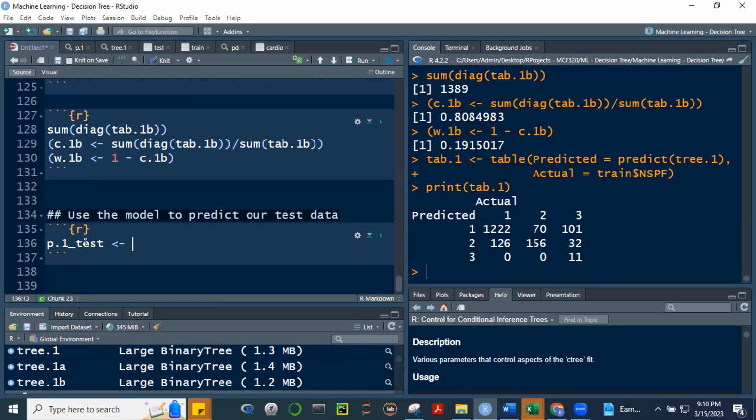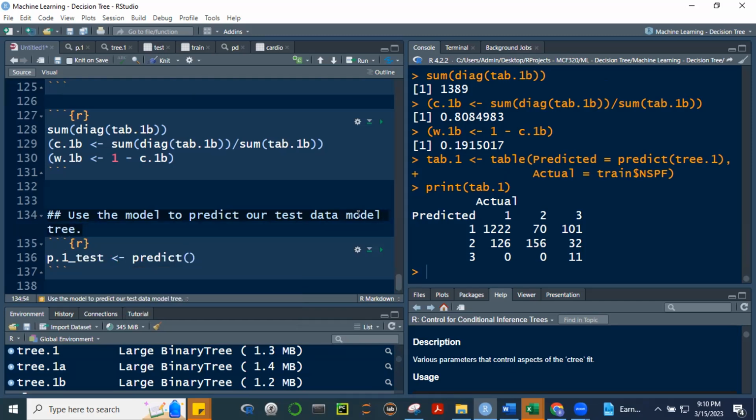And let's predict, anong model ang gagamitin natin? Model 3.1, no? Okay. 3.1 or yung pinaka-accurate si 3.1a, di ba? Pero let's use first yung 3.1. So P.1 underscore test is we predict.